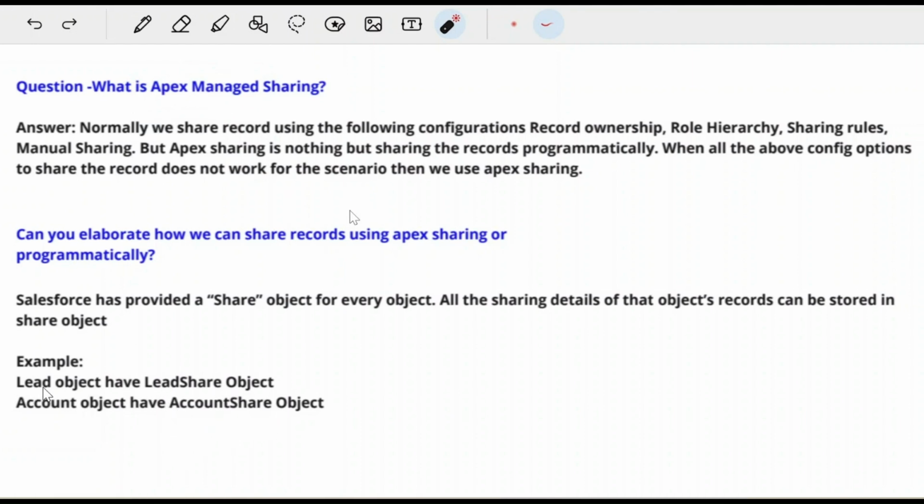Suppose the lead object is there. The lead object will have a lead share object. This lead share object is nothing but your sharing details of that object. So Apex sharing is nothing but sharing the records programmatically. When the above configurations do not work and the scenario is too complex, then you have to use Apex sharing. If interviewers ask you to elaborate how we can share records programmatically,